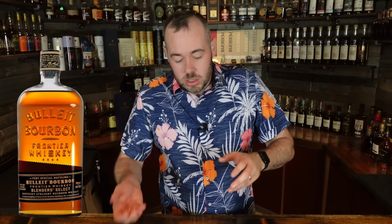So I feel like you do need to have a higher bit of rye, and I think the Blenders Select from Bulleit is able to balance out the decent amount of rye, but then also a good amount of corn that makes those sweeter notes sit up a little bit. So sourced from Diageo and Bulleit, but mostly from Kentucky, but also from MGP too. There's rumors that it could be Four Roses blended with MGP. So that's kind of what you're looking at with that balance of rye and the high corn, maybe mash bill